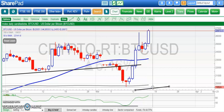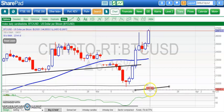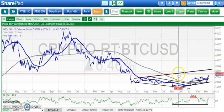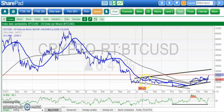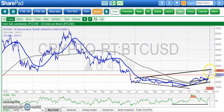And if one looks closely, we also have a rising 200-day line, so that's the equivalent of a golden cross for Bitcoin. So let's see if it will turn around in the way that we want it to. The overall pattern there from June, a complicated inverted head and shoulders, one could say, and sort of a bear trap inverted head and shoulders. So if we can get back to 30,000, I think a lot of people will be pretty pleased on that